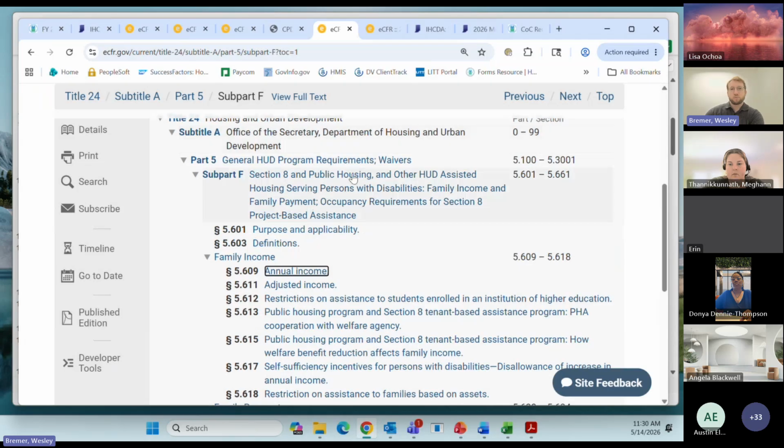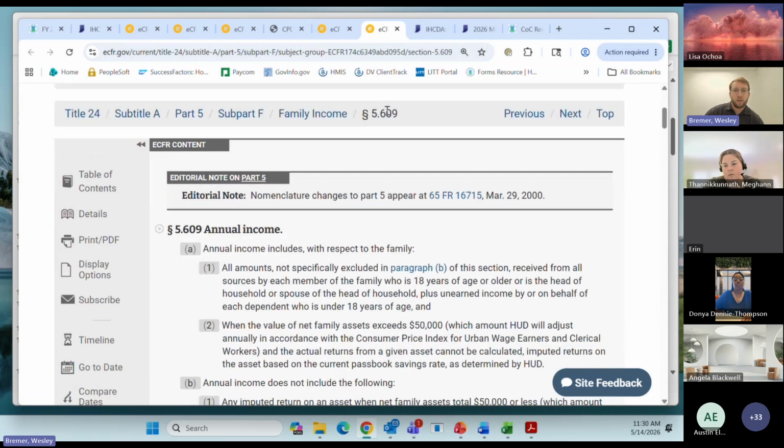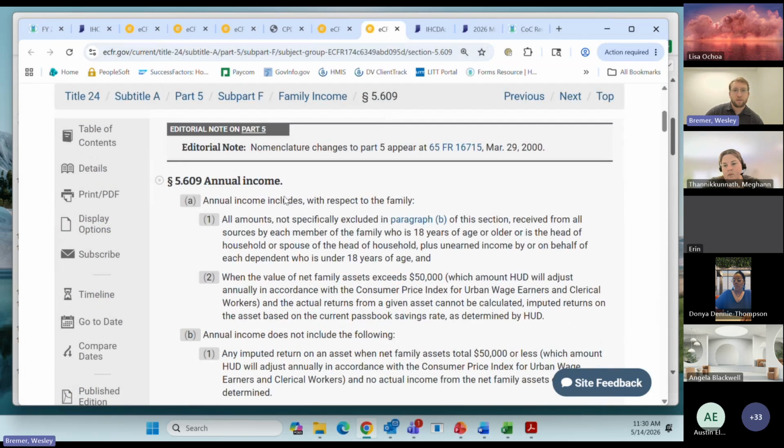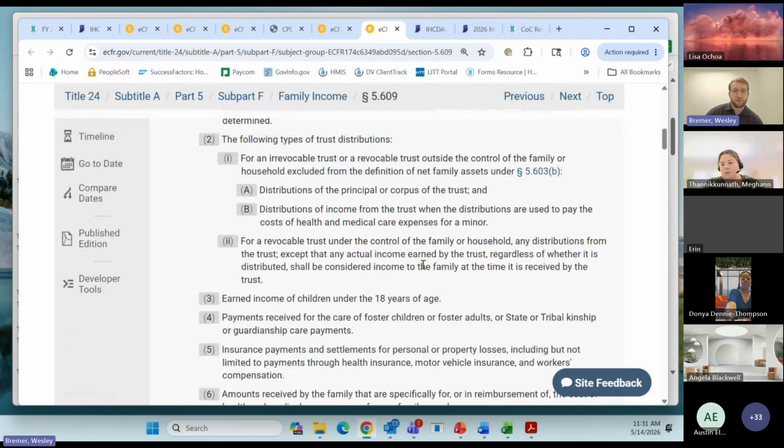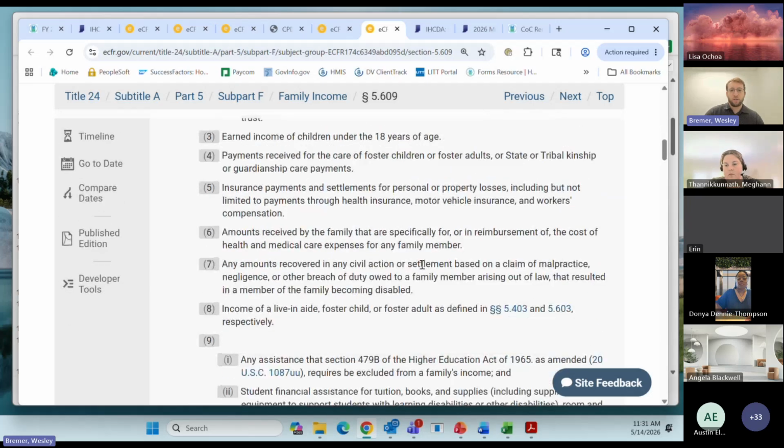So it's part 5 of HUD regulation, and then page 609. So you have here a general description of what should be included as income. And then they provide a long list of 28 exclusions. So a good feature is Control F. You can do